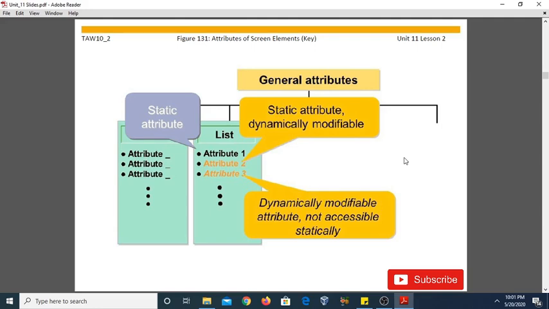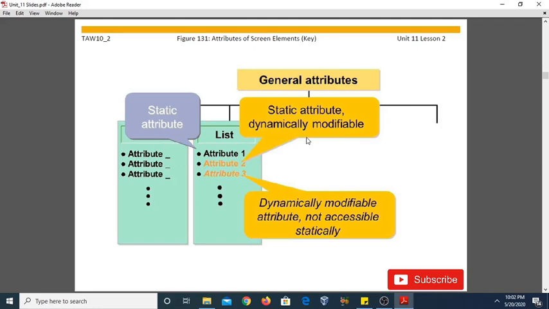You can divide the attributes of an element into the following categories. We have generally three types of categories. The first one is attributes that are defined statically and cannot be changed dynamically. This is called static attributes. Second, the attributes that are defined statically and can be changed dynamically, like the screen number.